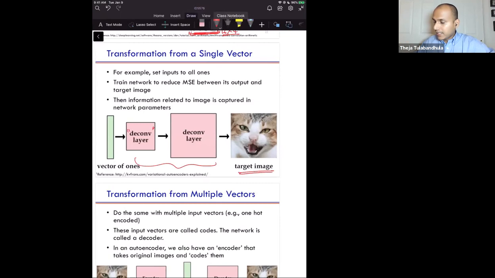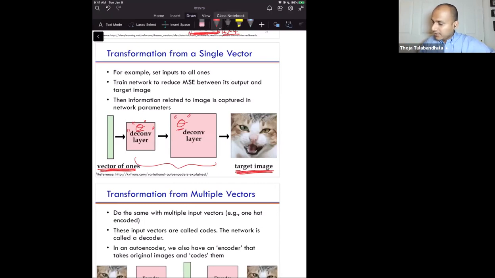I have choices, right? Here in the decon layer, when these transformations happen, there are parameters, some parameters, thetas, let's say. So I can choose some input, let's say a vector of ones, and say this vector of ones should map to this target image. In order to do so, what should these thetas be? So you're trying to set thetas such that this vector of ones maps to a target image. Right? We can do that